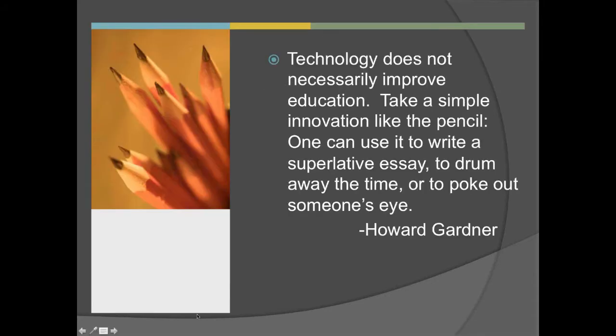Howard Gardner once said that technology doesn't necessarily improve education. He said, take a simple innovation like the pencil. One can use it to write a superlative essay, to drum away the time, or to poke out someone's eye. And I have a feeling that when I was first using some of the tools of technology, in particular PowerPoint, I was kind of poking out someone's eye with that.